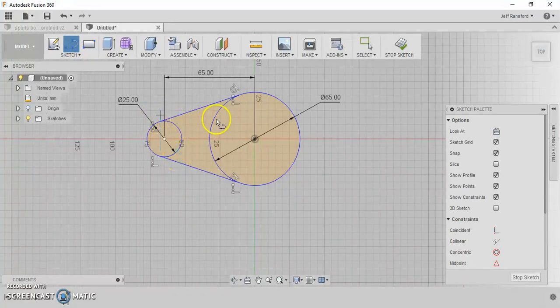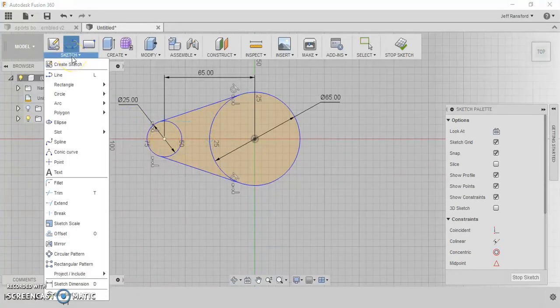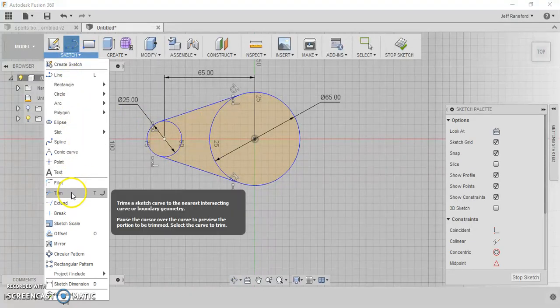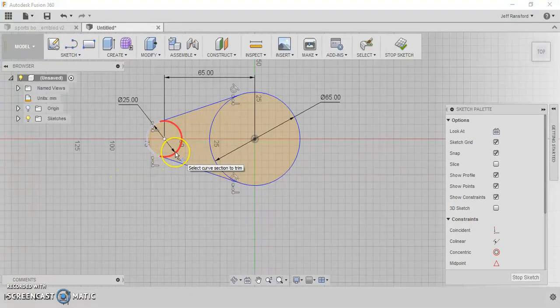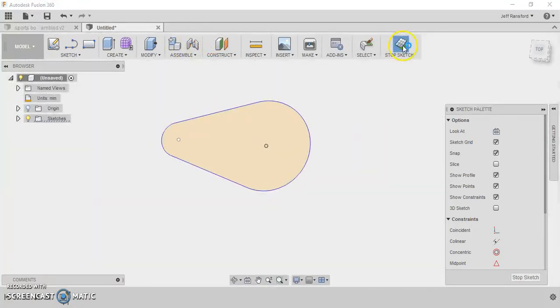Now I have a circle, and then a shaded area here connecting the two, and I want to actually delete this part of this circle and this part as well. So I'm going to go to Sketch, and I'm going to go to Trim. I'm going to trim off this part of the circle and the inside of this circle here. So I'm left with this shape. It's a small curve, a line, a big curve, and then another line connecting them. I'm going to hit Stop Sketch,